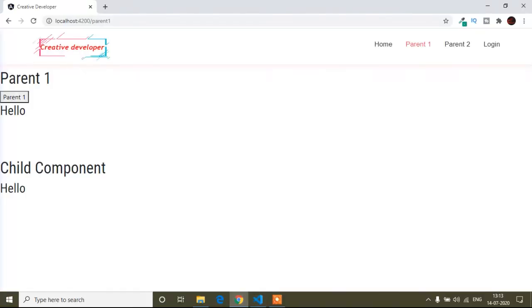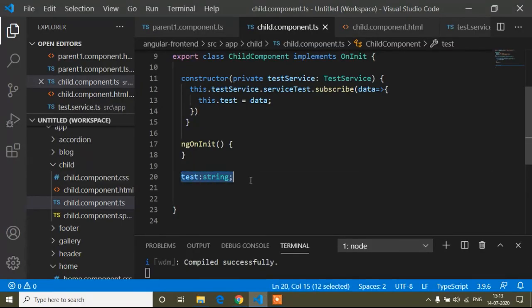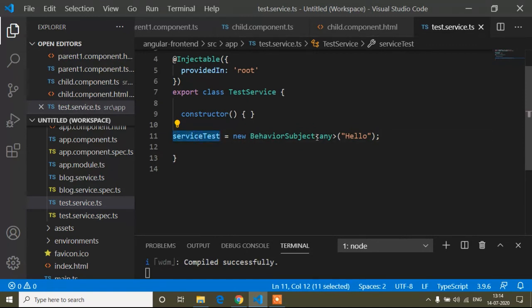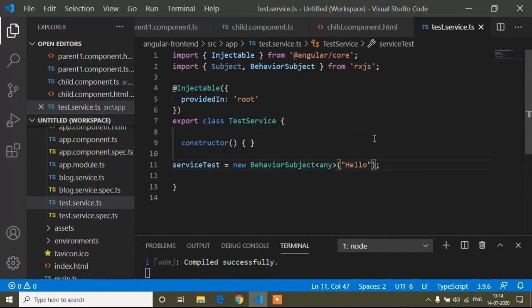So let's see. So it's showing hello, but I removed the test variable hello, it comes from this service test, because here I passed the value hello. So that means guys, the difference between Subject and BehaviorSubject is that Subject doesn't store a value, but BehaviorSubject stores the value.